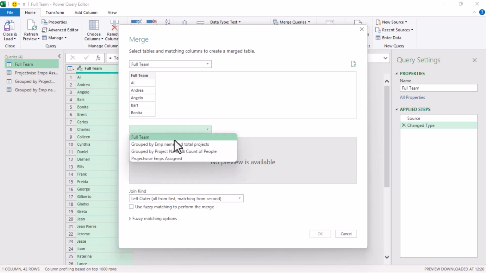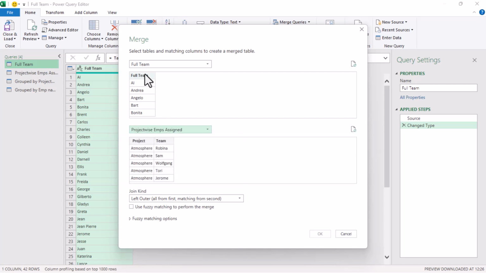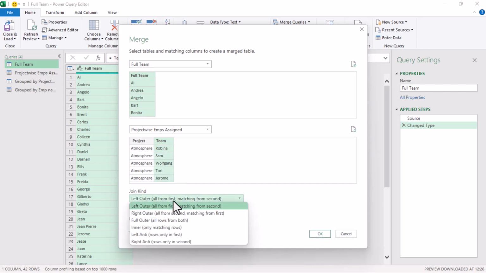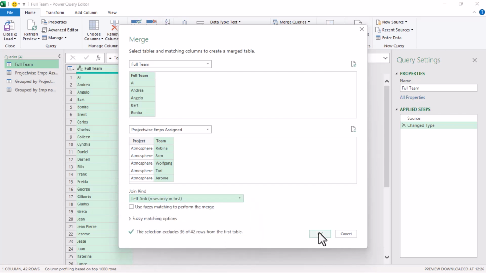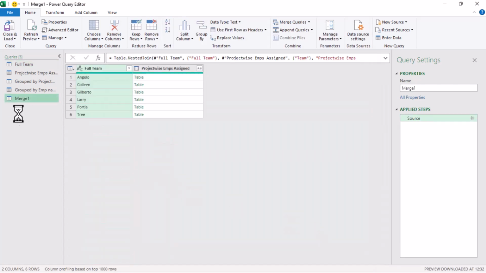At the bottom it is Project-Wise Employees Assigned. Common is Full Team and team. And from the join kind we'll select left anti join and click on OK. So this will create a new query and it will show us the list of people